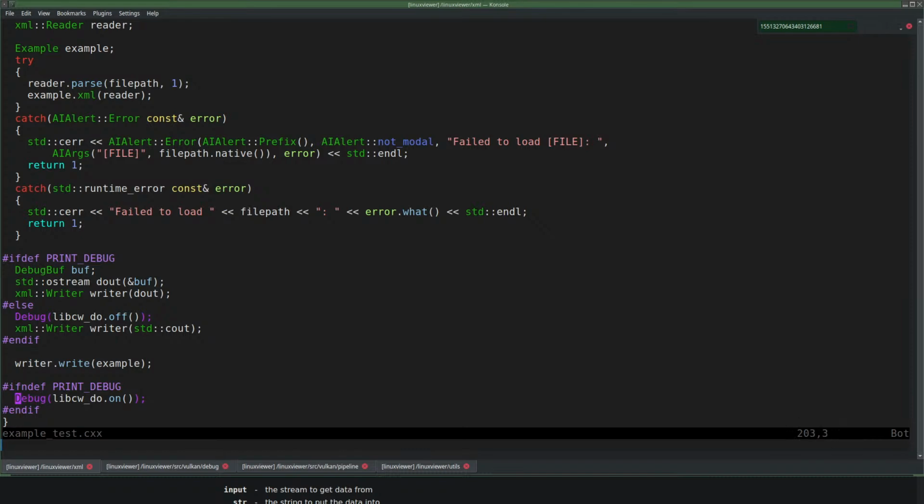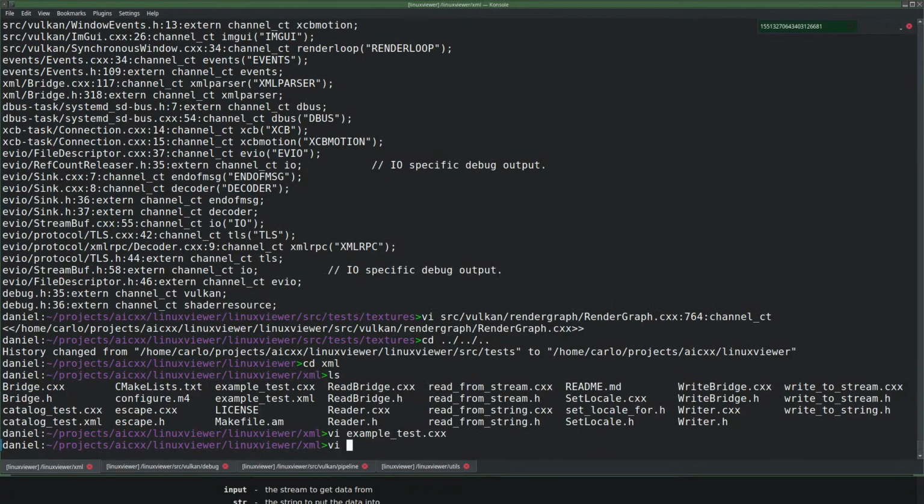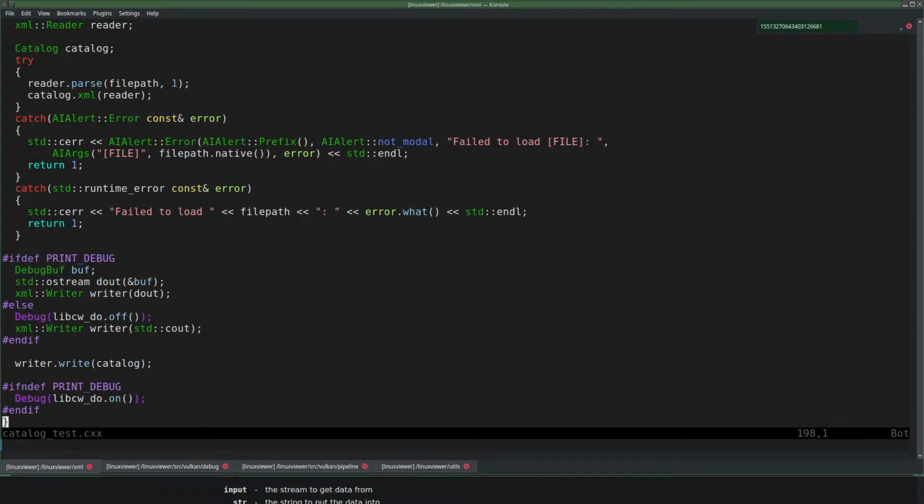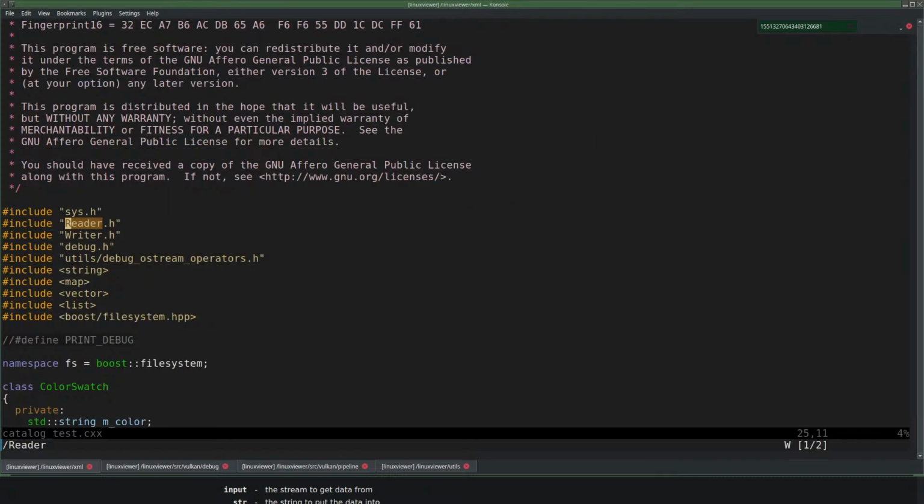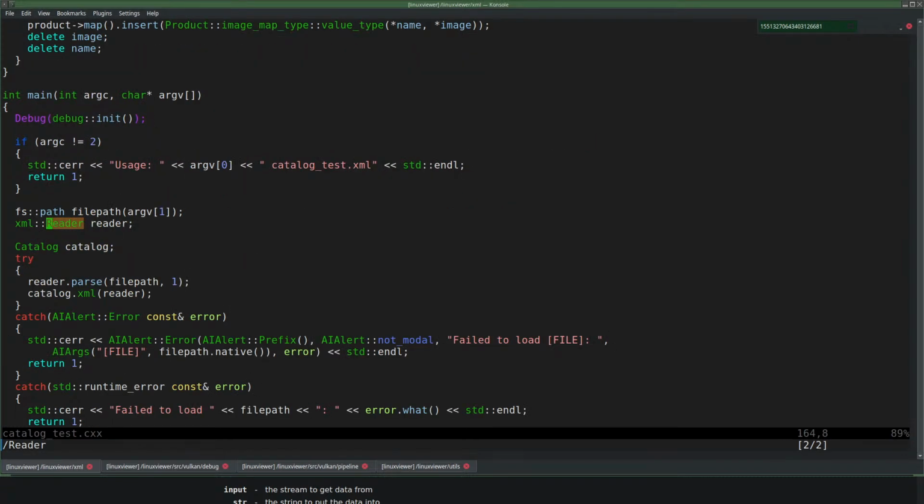Writer is just writing a catalog test. You've got to be kidding me, right? Here's a reader. Oh, you just call XML on it again with the reader. Okay.